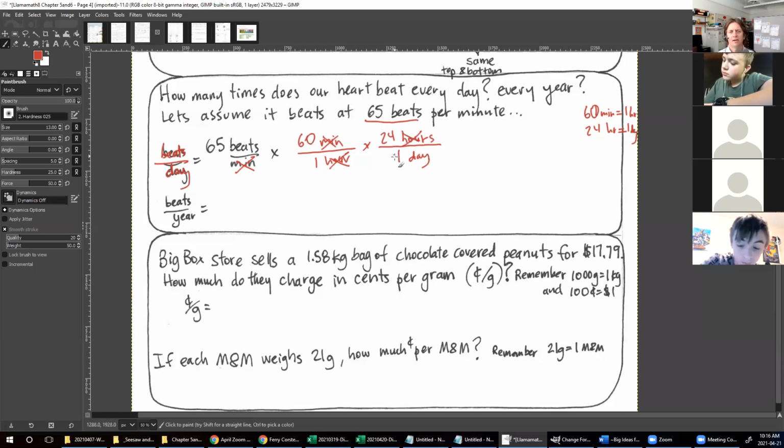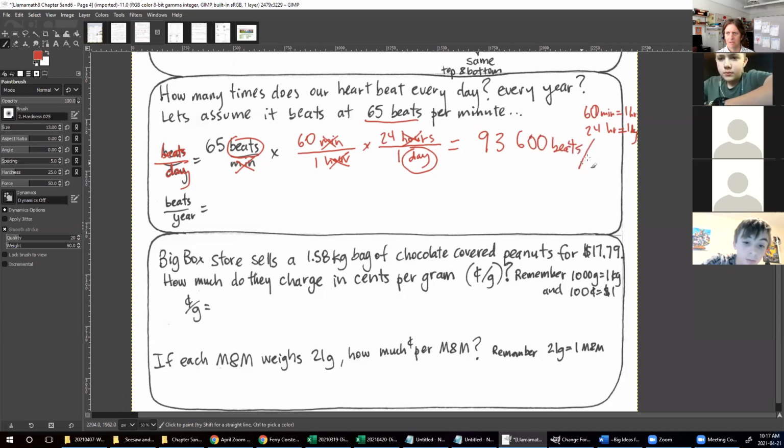So now we're going to grab our calculator and go 65 times 60 times 24. And the units will be beats per day. And we have to divide by 1 and divide by 1. It doesn't change anything. So let's figure that out. 65 times 60 times 24. Okay, that's a big number actually. 93,600